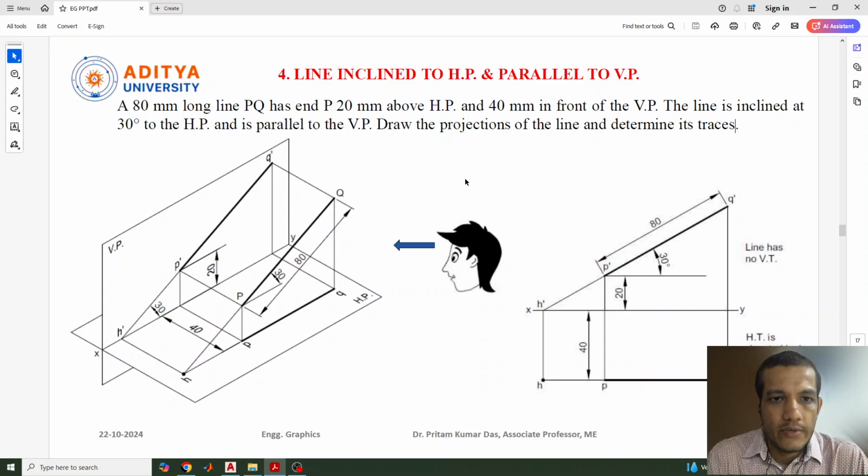So in the previous class we discussed the line is parallel to both the planes, line is perpendicular to HP and parallel to VP, then line is perpendicular to VP and parallel to HP. So this class we will discuss the line inclined to HP and parallel to VP. So here we can see